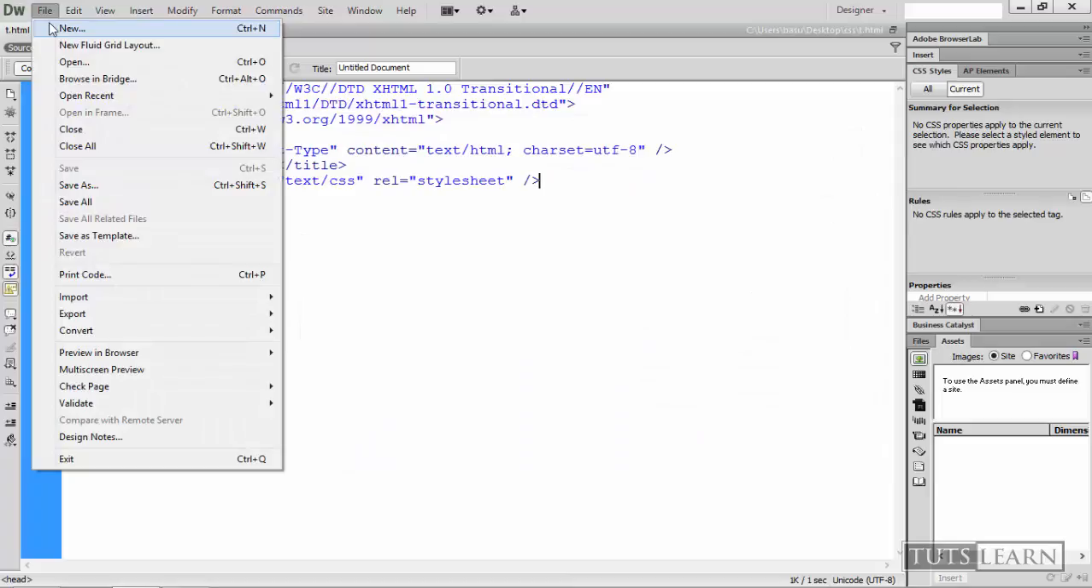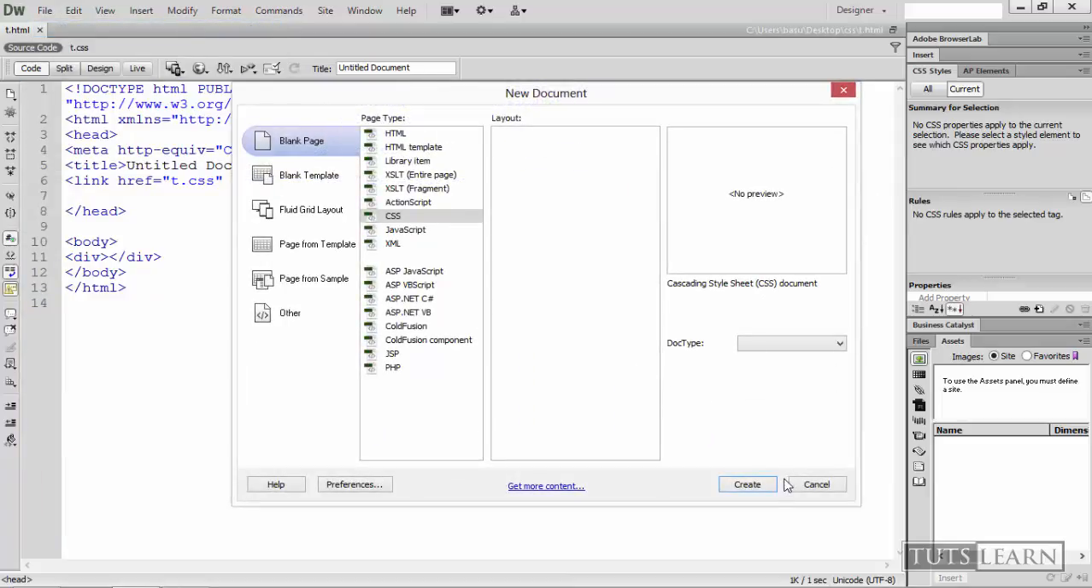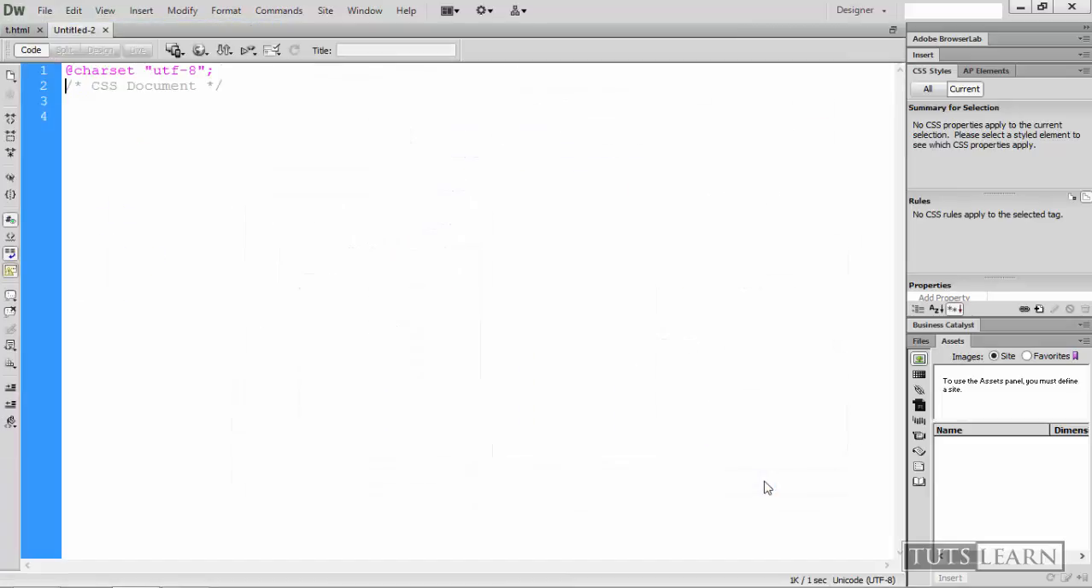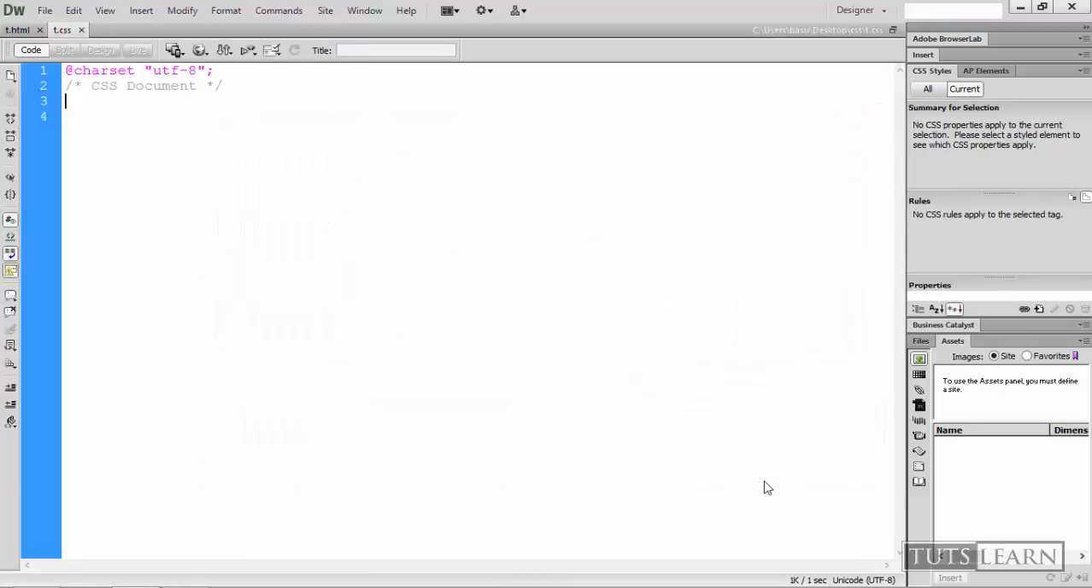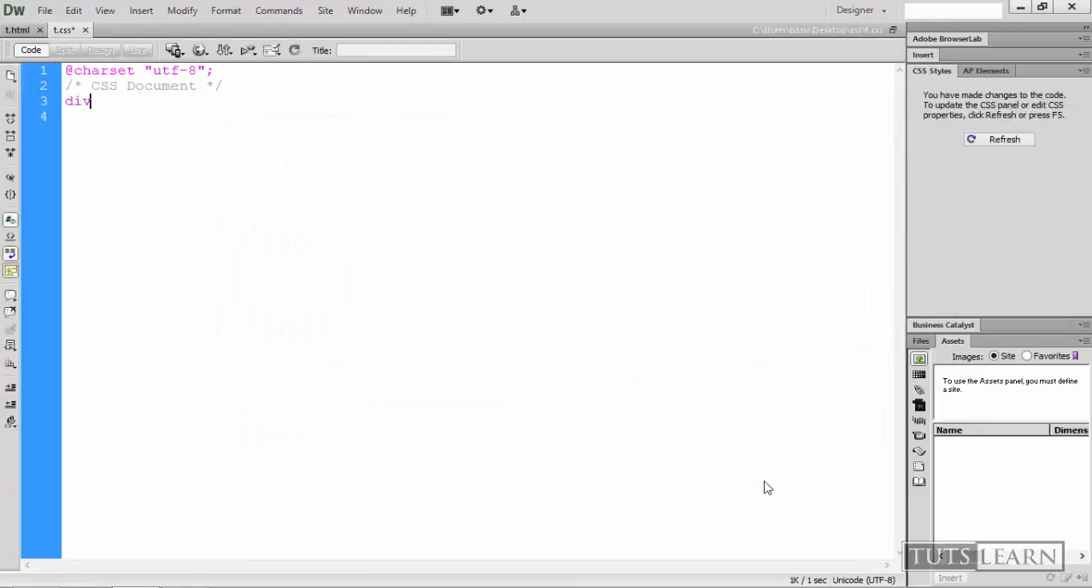Now create a new CSS file and save it as t.css. Now let's provide some styles to our division. Give it a height of 200 pixels, width of 200 pixels also, and margin from the top should be 50 pixels, and auto from left and right,